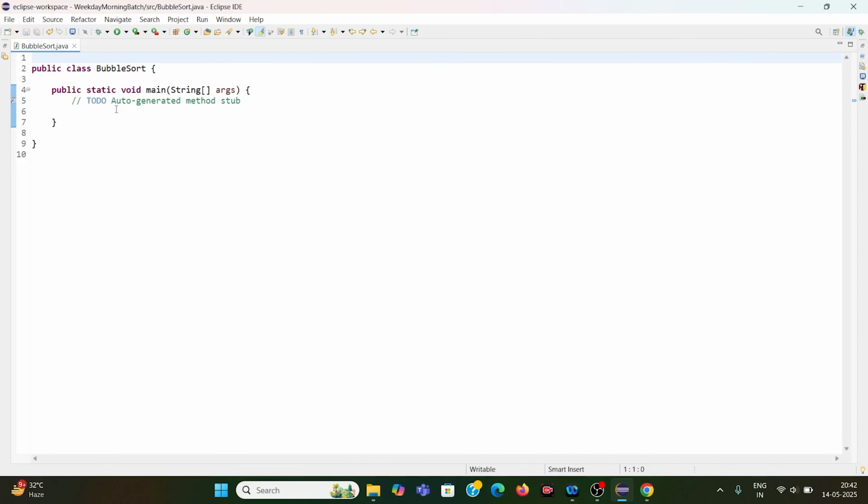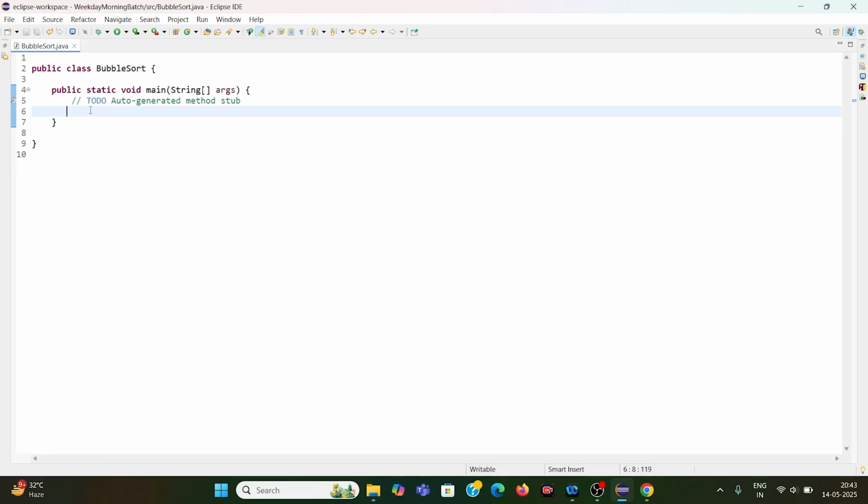So today we're going to write a Java program for sorting an array using bubble sort. So in this, we all know, starting with the main method, we will initialize the array. Here we have the main method, which is the entry point of our program. Inside this method we will define an array called numbers which contains the elements that we